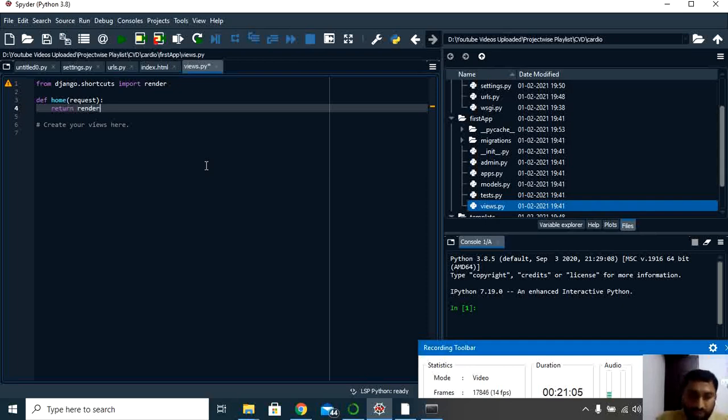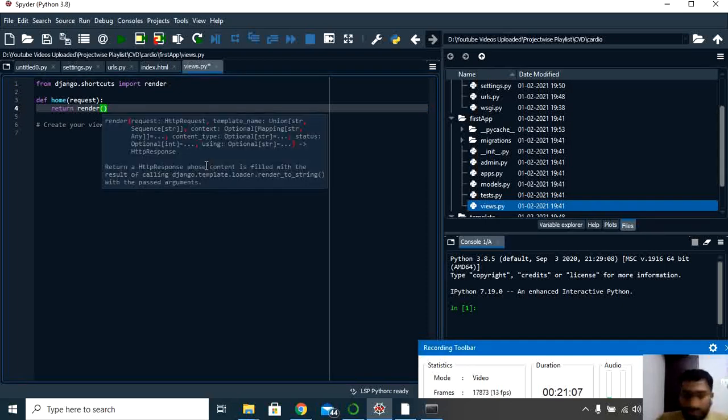After render, call the request. Now call index.html, which is the file name I stored inside the template folder.